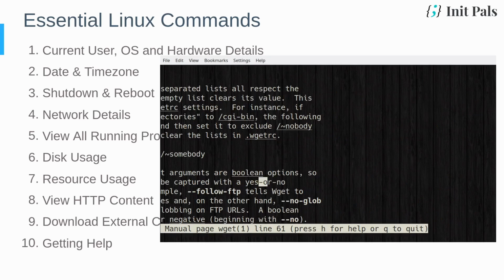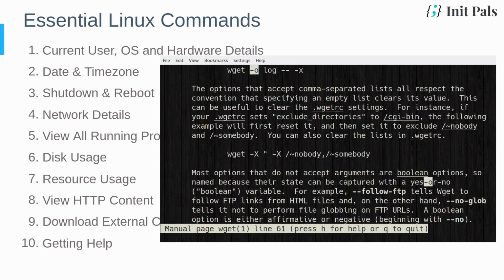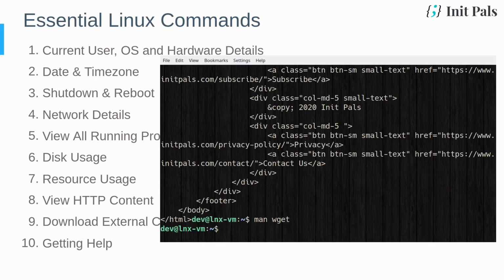And to move on to the next occurrence of that particular word, press the right arrow so that you will move on to the next occurrence of that search keyword. Okay, to exit from this screen, press the key Q. Okay,